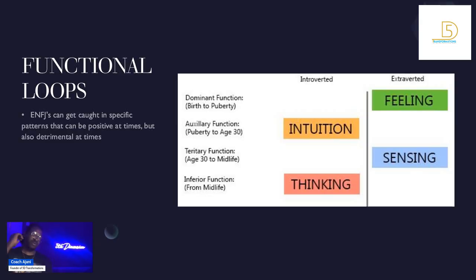And this is where I really wanted to help the people out there when it comes to these functional loops and some of the traps you can get caught in with these functional loops. So you have extroverted feeling and extroverted sensing. This can be a loop right here where you can get stuck, where you're constantly trying to communicate with people and delve in with different people so that you can have new experiences in order to think clear or have a better idea of what's going to happen next.